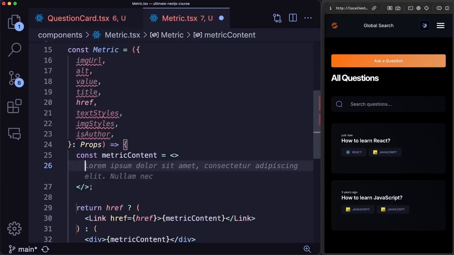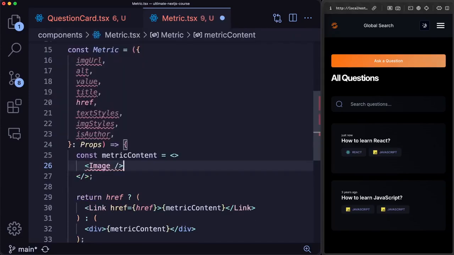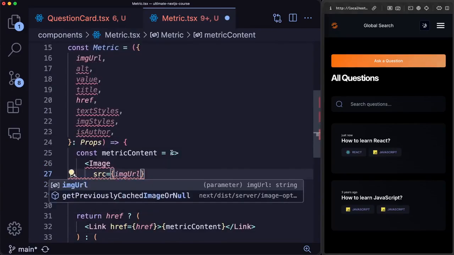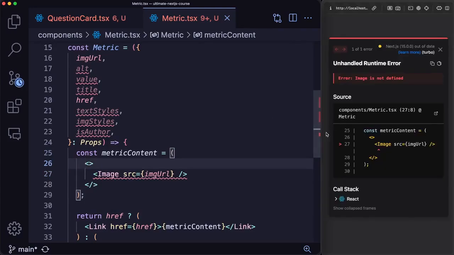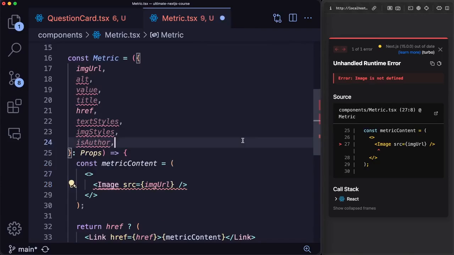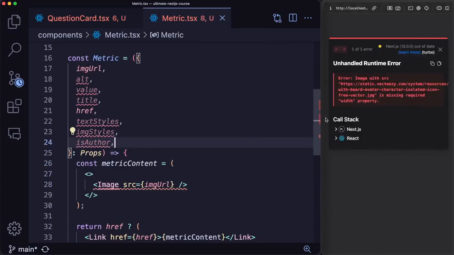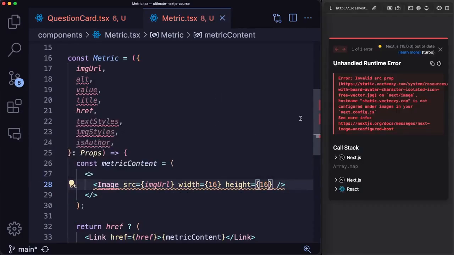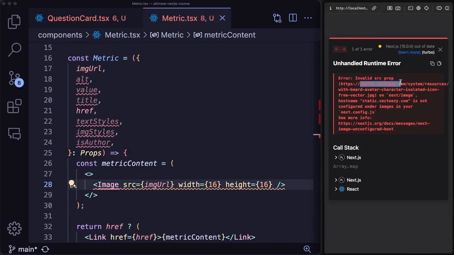Well, first we'll render an image. And this image will have a source equal to imgUrl. If you do this, it'll break because we haven't defined the image. So let's import it. But once you import it, it'll also break because we have to give it a width and a height. So let's give it a width of 16 and a height of 16. But even when you fix that, it'll also break because we haven't yet configured this static image we use from Google under next.config.js. So it says that we have to add the host name of